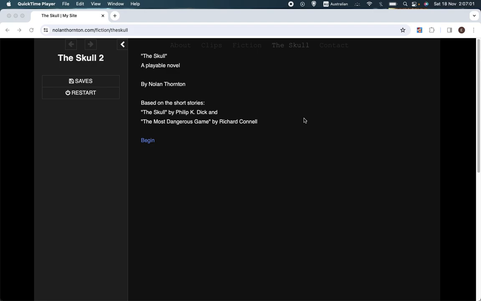I know what they're about, but I'm not completely sure if he would consider me talking about the plots of those to be spoilers. I mean, in a sense, they're not, because, of course, these are both stories that are now in the public domain, and so I'm sure you can find them on the internet somewhere. But just in case, I won't discuss them. Although I knew what they were, and I think maybe the expectation is that most of the people who play this are going to know what happens in the story.